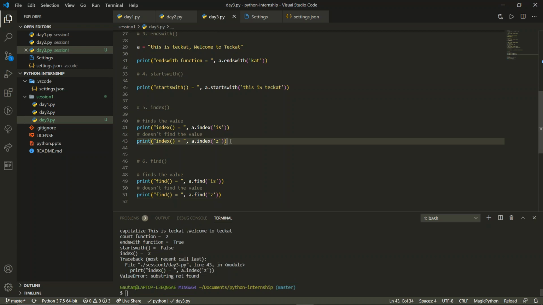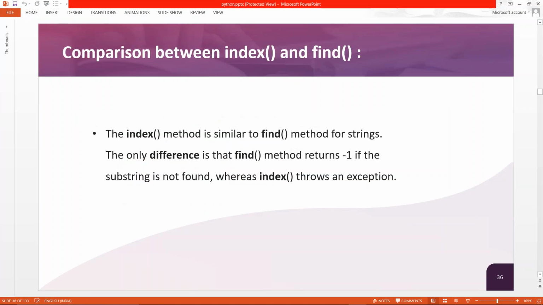I'm sorry, I need to comment this out, or else the program will continuously get stopped. Now you will see that earlier it was throwing an error, but over here, if it is wrong, it is throwing -1. So this is what the difference is. If it is -1, you can throw a message that there is an error and the substring that you sent for checking is not present inside the string. So this is the special benefit of find.